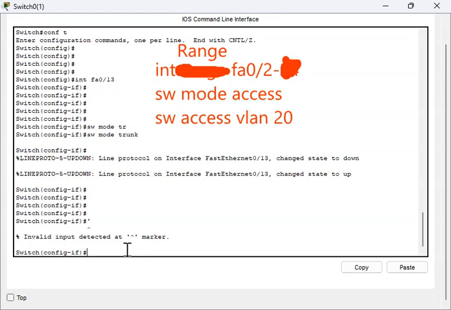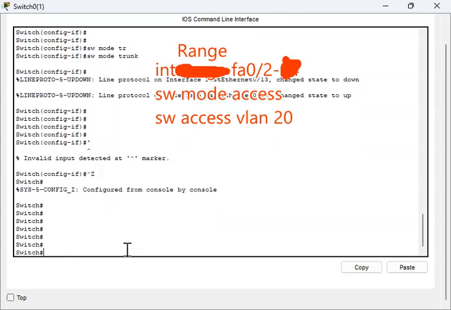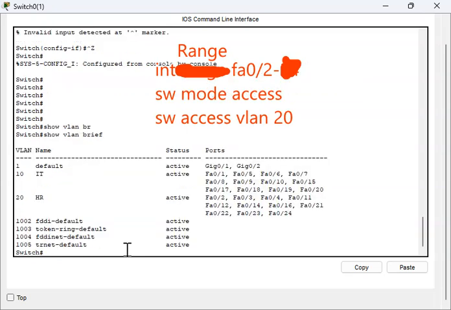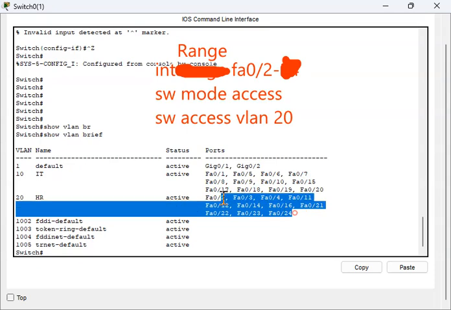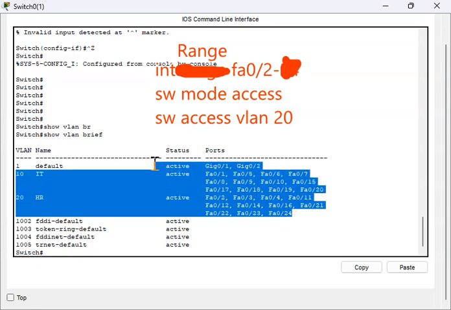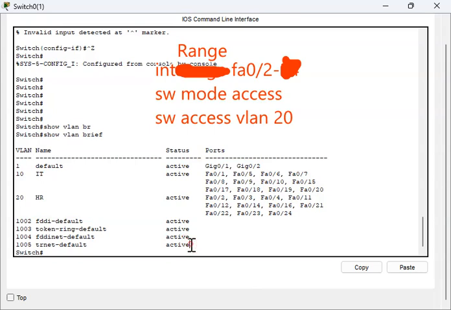So I'm going to check my configurations and see where port 13 is listed. Show VLAN brief. Let's look for 13 here. I think any port 13 on those lists. Port 13. It has to disappear because we have trunked it. It's not there. But in case we need it, all we need is just to run the command